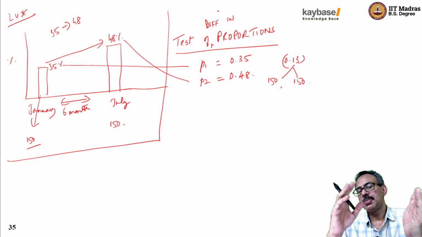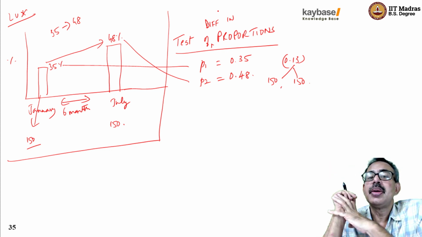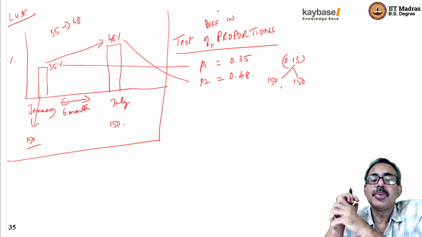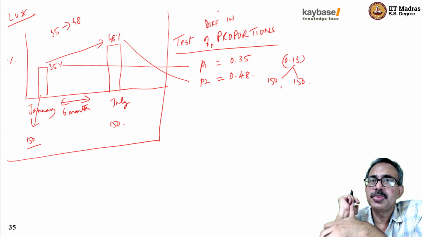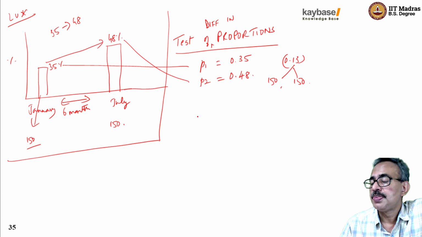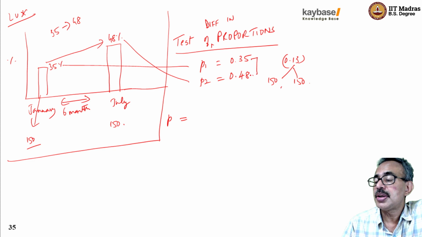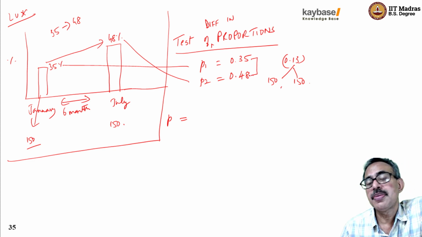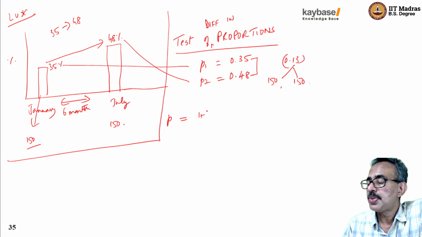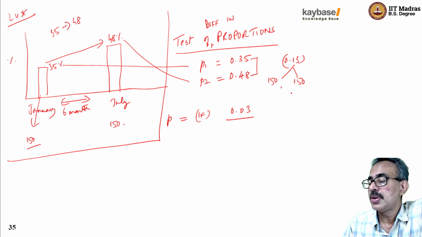Now, the textbooks will give you a formula, Excel will give you a result, SPSS will give you a result, right? And time permitting, we'll actually teach you how to do it in SPSS as well, maybe in the next session. But at the end of the test, you will get a p-value, the probability of this difference occurring given the sample size of 150, 150. Now, if that probability, hypothetically, turns out to be 0.03, then we can conclude that the awareness